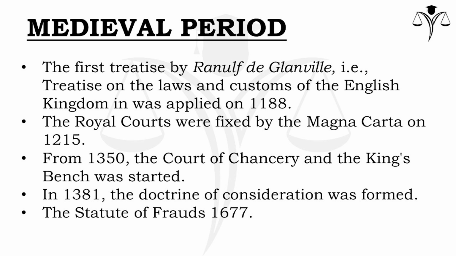The royal courts were fixed by the Magna Carta during the year 1215. These courts also settled the breach of contract claims where some breach of the king's peace had been alleged. A jury would be called to the royal courts to decide such claims. Gradually, these courts allowed claims where there had been no breach of king's peace. However, in such claims, there should be an allegation of breach of king's peace.